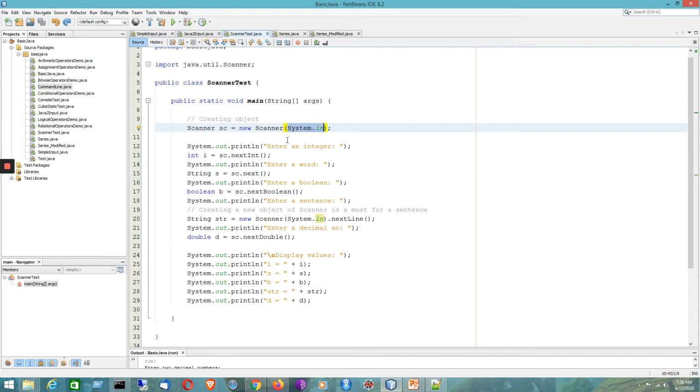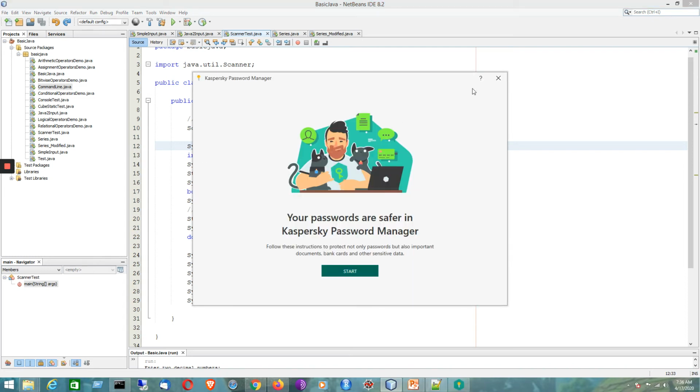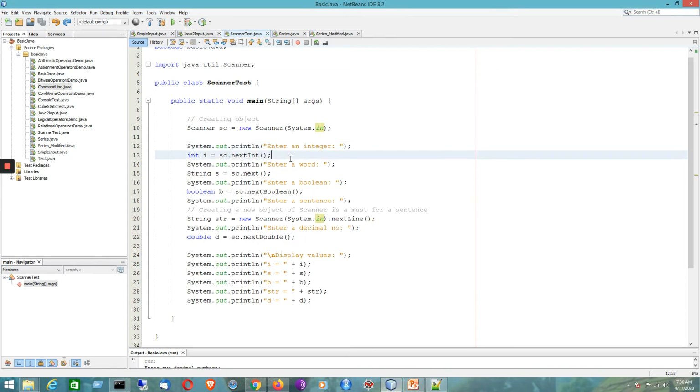Now we are going to convert each of the values taken as part of the object into the corresponding type. I'll be doing the conversion by the respective method. Like nextInt, it will convert into integer.